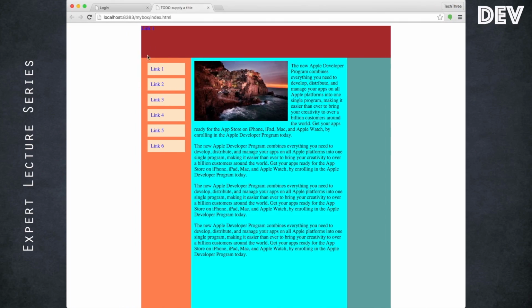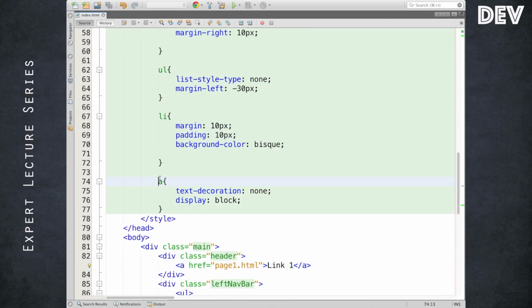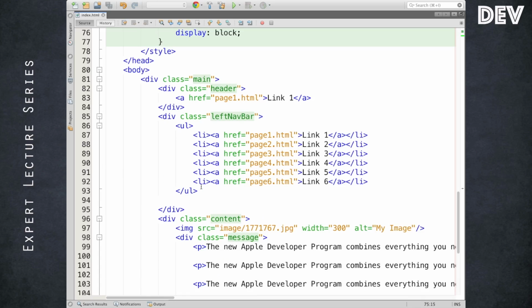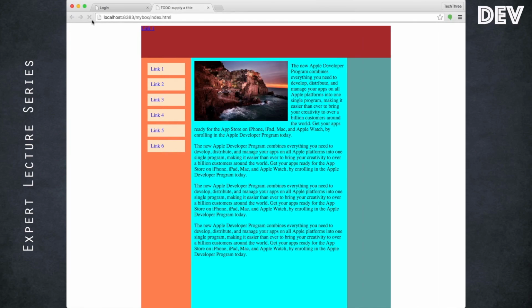But sometimes I want to have a different background color or different behavior for this link. I only want a specific style or selector added only to the child of the list item, not the other hyperlinks. In that case, I can force it in this way. So this particular selection is only applicable to the child of the list item, in this case, of course, the hyperlink. Whereas this one is not. So we should see some sort of different behavior.